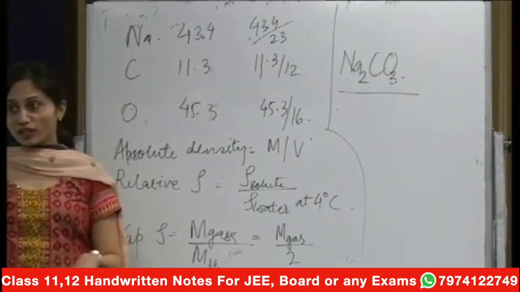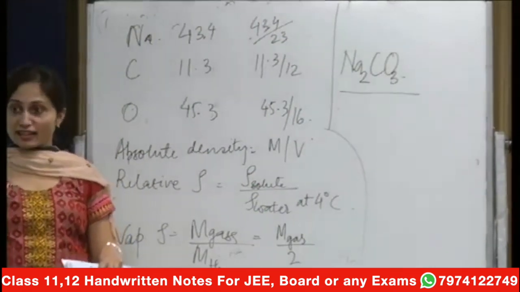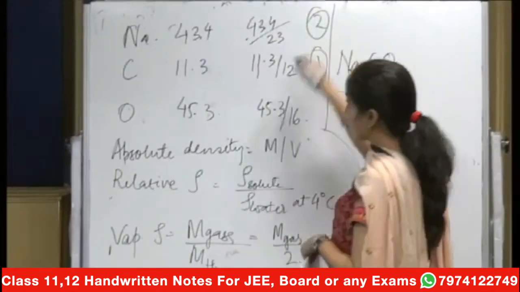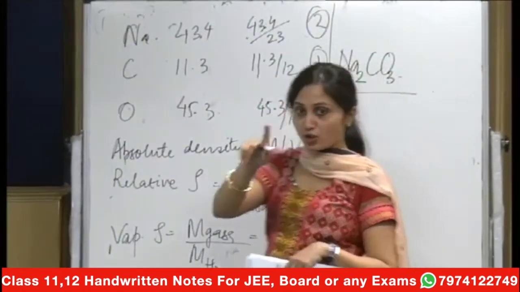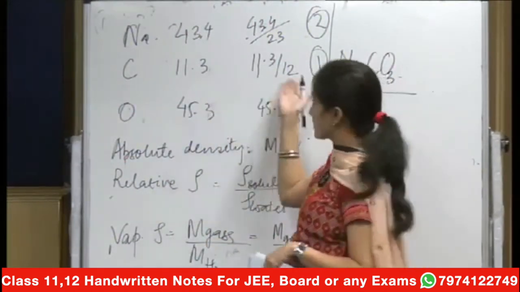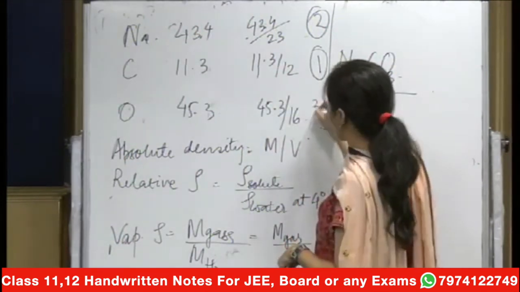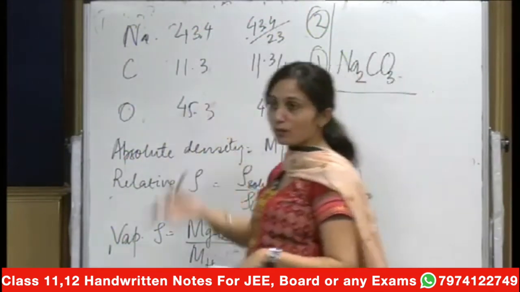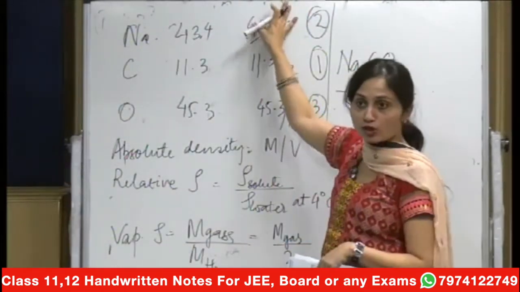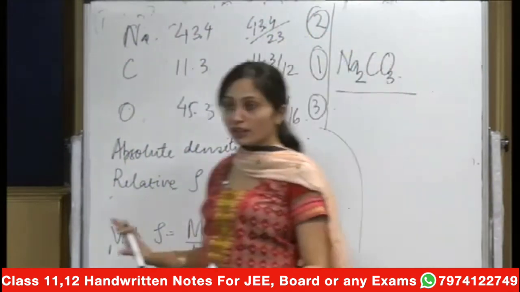I put down the answer for you in this case, that is Na2CO3, right? For Na, you will have the final answer coming out to be 2. Your carbon must be giving you the lowest ratio, that's almost equivalent to 1, so 0.96 something, and this will be rounding off to 1. That was evident right from the beginning itself. You had this ratio almost 1, this ratio almost 2, and this ratio almost 3. So the formula turns out to be Na2CO3.